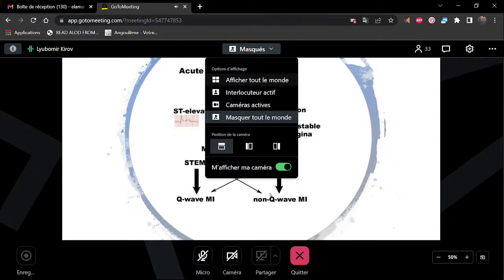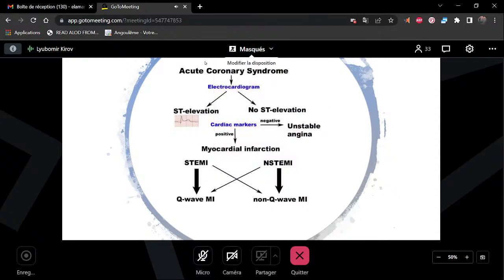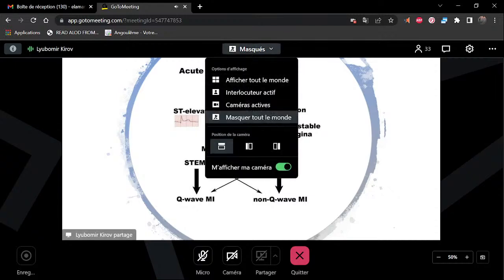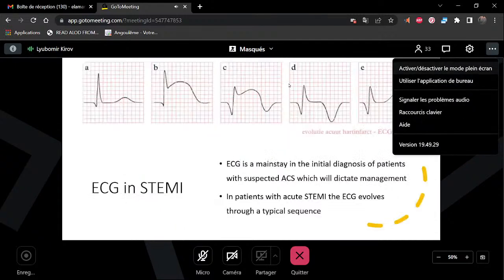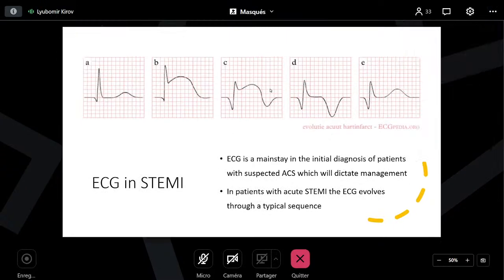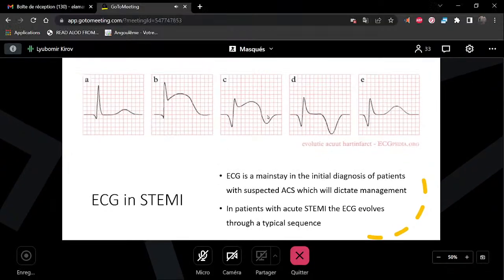But this is not so important. The first part, up to here, to the myocardial infarction, is what you should remember. And here is presented the